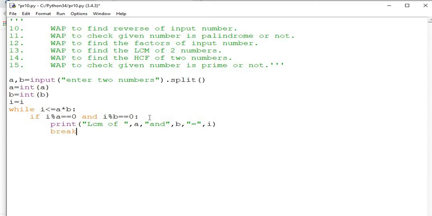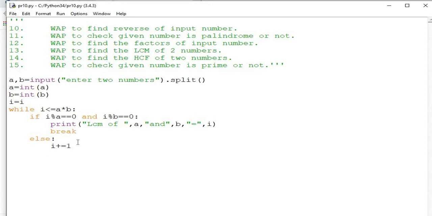Whenever you get your number, the break keyword will terminate the loop. If you do not break the loop, it will go until A into B. So that's why it is compulsory to break the loop. Else, if your number is not completely divisible by A and B, then it will increase the value: I plus equals 1.